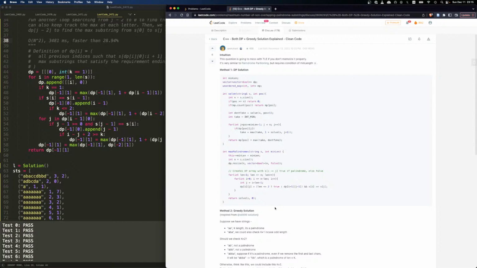So from this to the end, how many? If I take, don't take, solve position 1, which means take equals maximum 1 plus, oh, I don't take. So for each position, I can either take it or I don't take it. If I don't take it, it's this. If I take it, then,